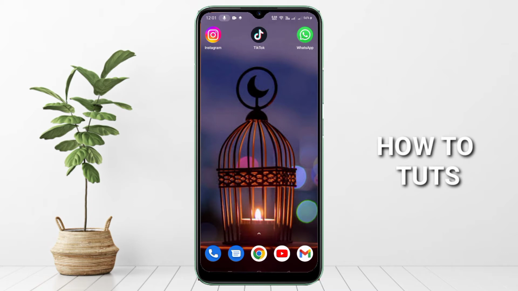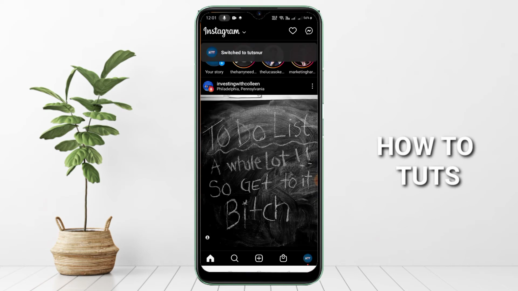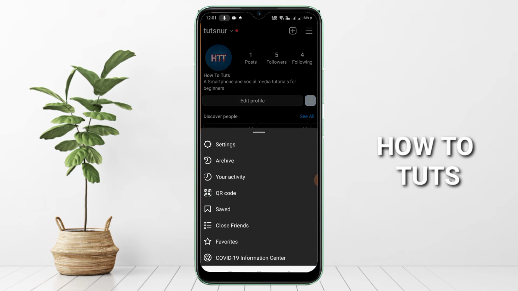Here you can see the Instagram app. Click on this. And after that, go to your profile. Here you can see your profile. Then click here, the three-line menu at the top right corner. Just click on this. And here you can see the third option, your activity. Okay, just click on this